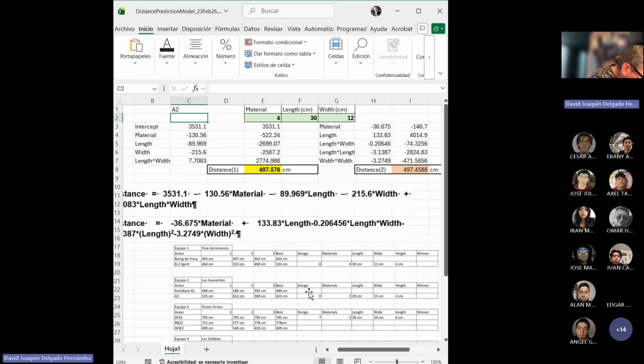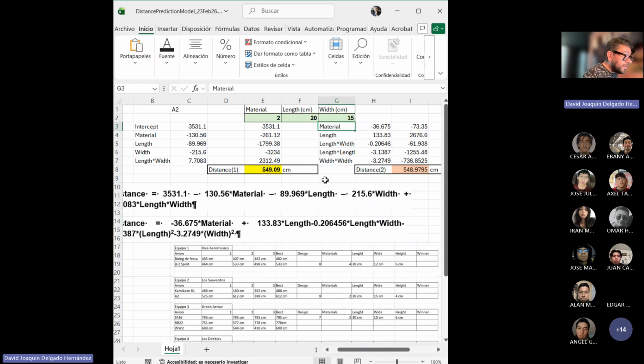What is the input data? Material is number 2, then the length is 20 and the width is 15. Okay, 20 and 15. Okay, so look, the predicted distance for the first linear model is 549, and for the quadratic model, it is practically the same, 548. I am going to put this in the Word,